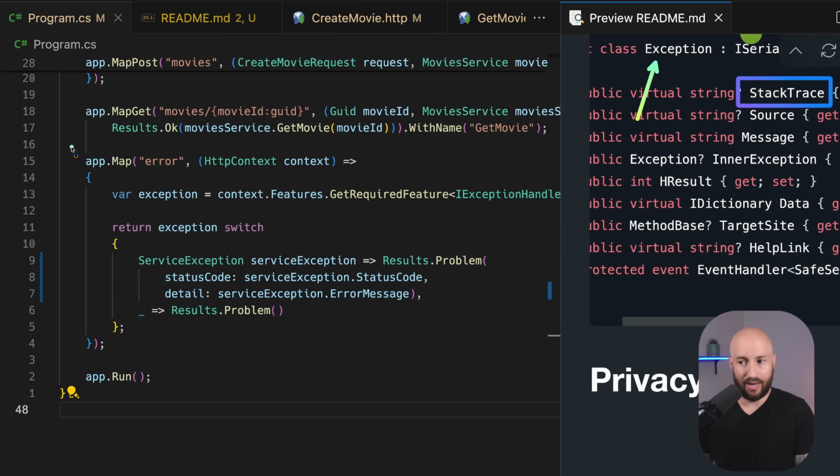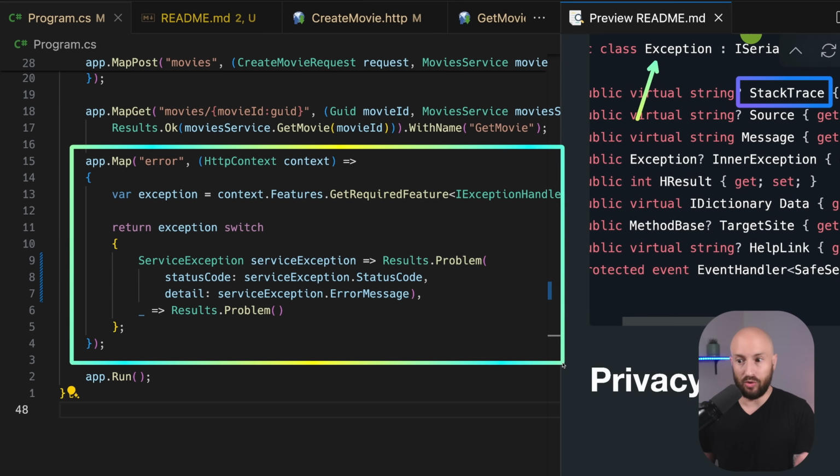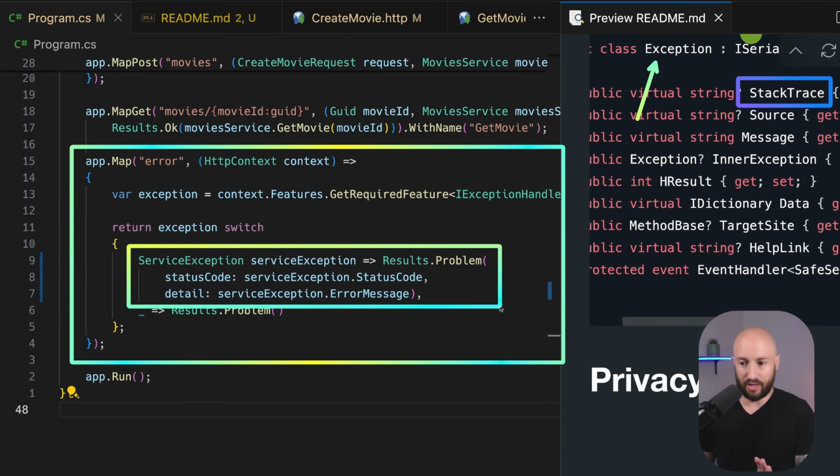But you need to take into account that when you're using exceptions for flow control, then this spot over here becomes your God place for handling exceptions in your application. And this becomes very complex when you have various specific rules for specific types of exceptions. Especially if you don't take the approach that I took over here, then you're going to have some God switch expression or statement where you're trying to convert the specific exception that was thrown to the appropriate error.